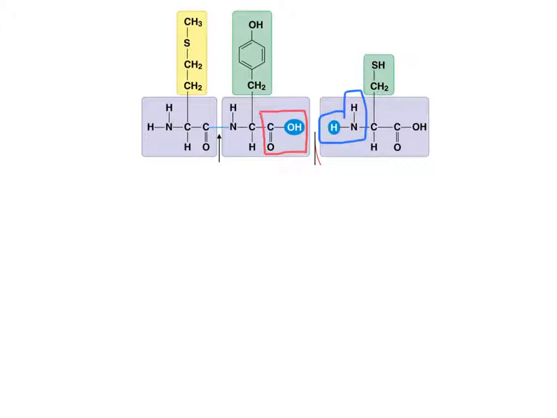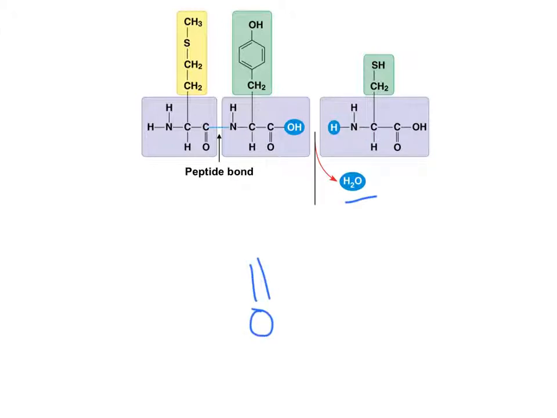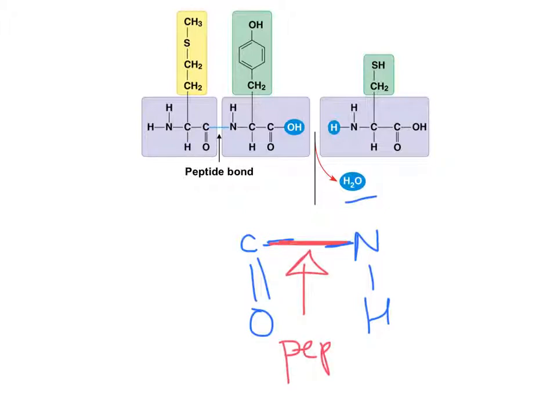Those come together and make water. When water leaves, that means that these two bonds are empty. The electrons are no longer having a pair. So in order to fill their shells, these two will attach together. And then you have the peptide bond